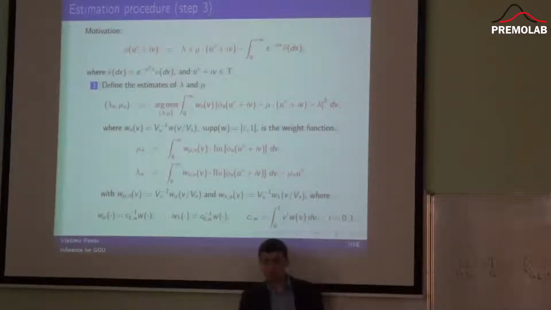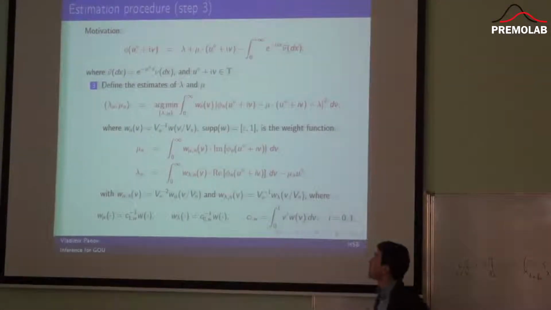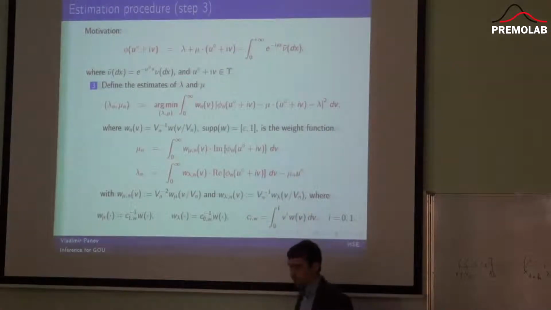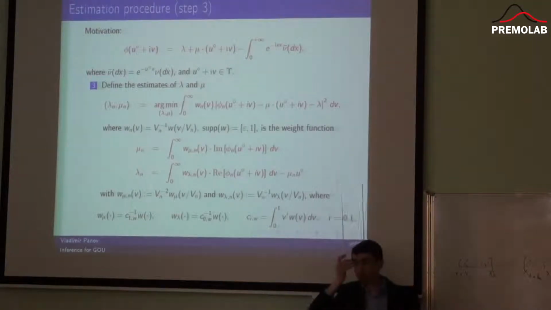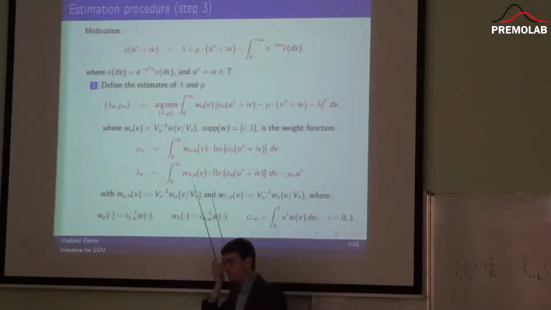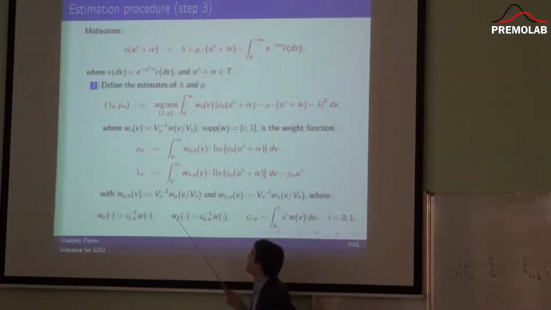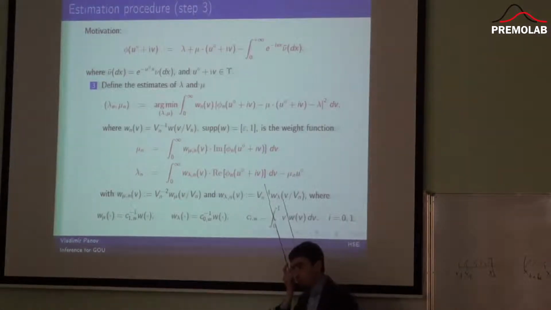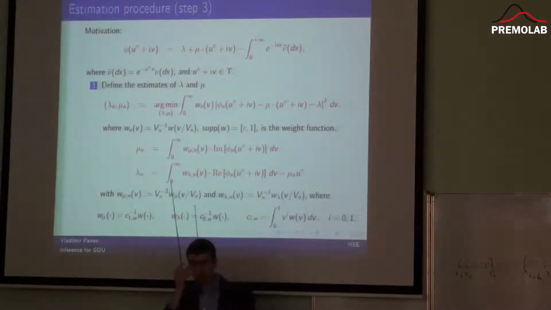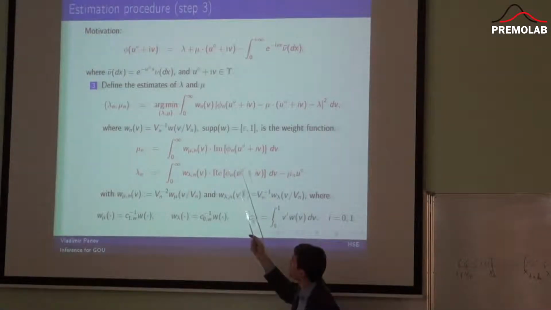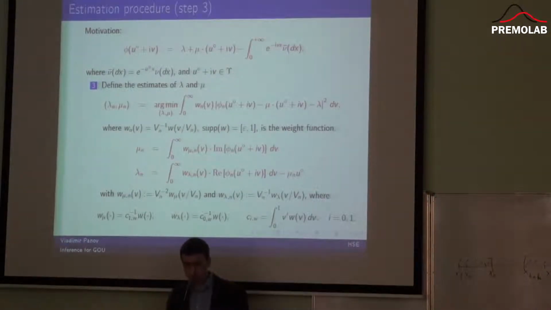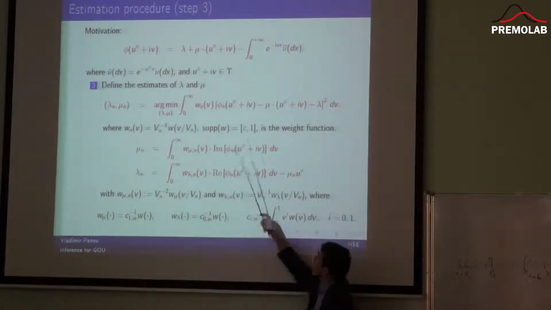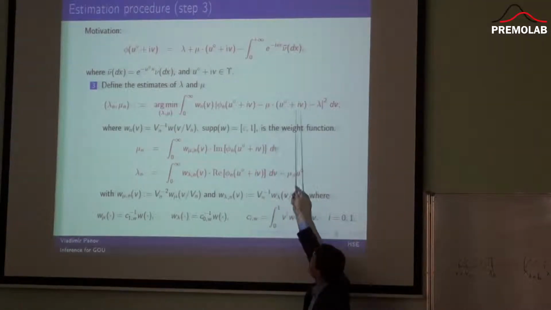The main motivation for the procedure which I describe here is one representation for the Laplace exponent. This representation is written at the beginning of this slide, and it directly follows from the famous Levy-Khinchin formula. Here, we take a complex argument for the Laplace exponent, fix the real part of this argument, denoted by u circle, and change only the imaginary part. If we do so, then the characteristic function at this point is the sum of 2 elements.